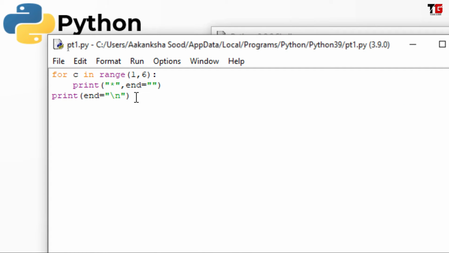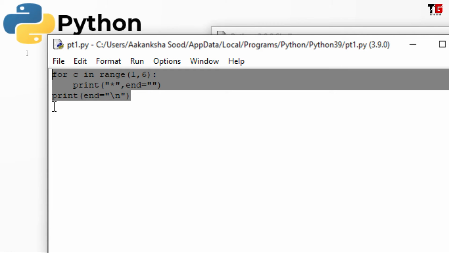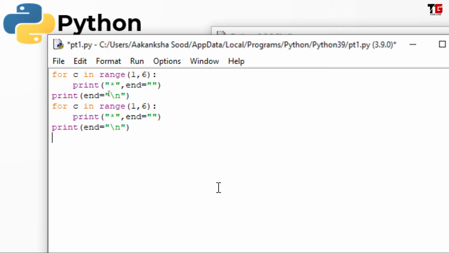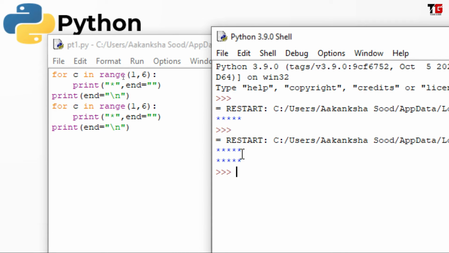Alright, now I want to print the second row. So I bring my cursor to the second line with the help of \n. I copy the same code and paste here. I save it. I run it and I got 2 different rows. So friends, this is the logic to print one row. If you want to print more than one row, you have to copy the same code, but it is not feasible and not suggested to copy and paste the same code again and again.